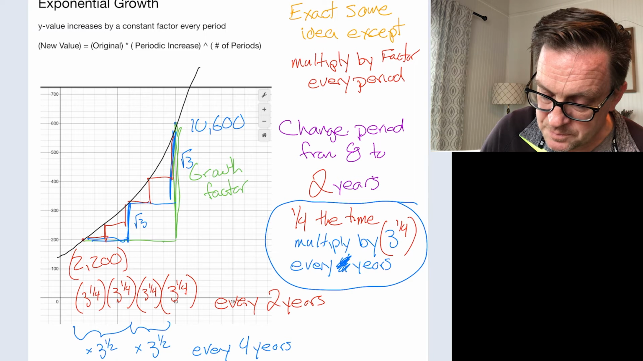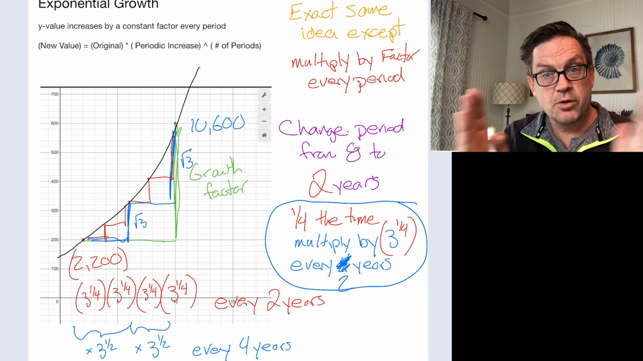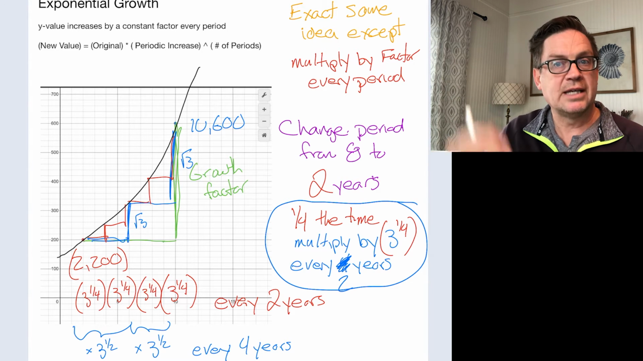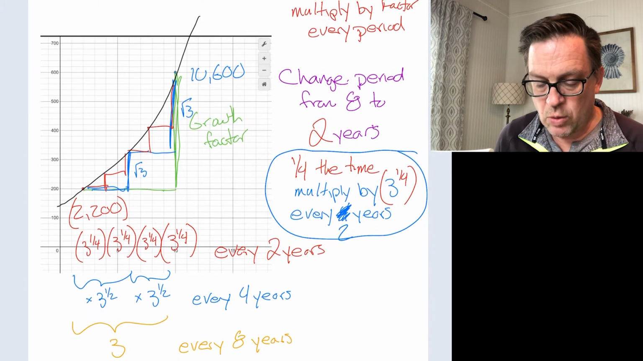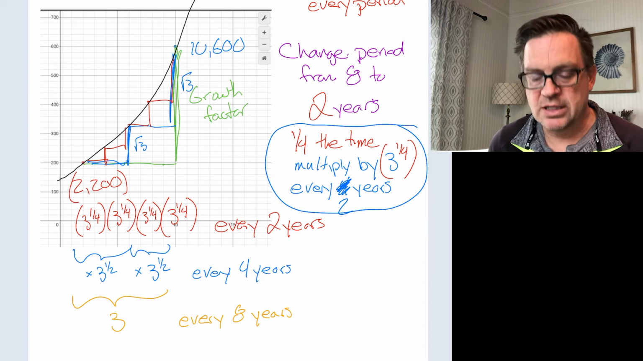That should be a 2, every 2 years. So if I take 1/4 of the time, I take 1/4 of the factor. I don't divide 3 by 4, I take a 4th root. And what that means is I find something, and your calculator can give you an answer for what 3 to